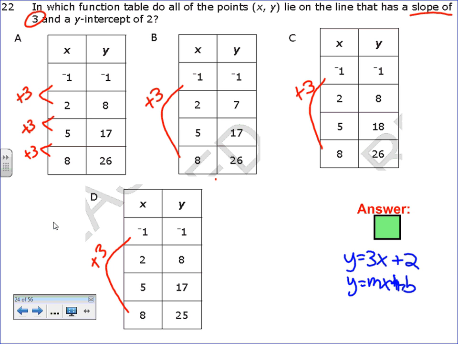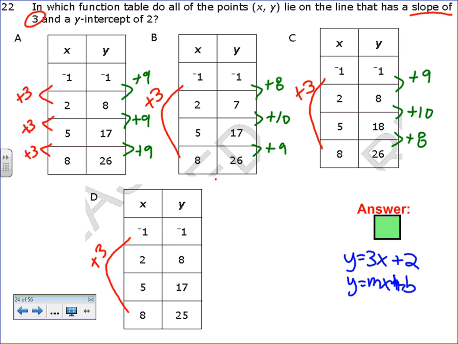That's great. Now I need to find one that has a slope of 3. Well, this side, that's going to be plus 9, plus 9, plus 9. From negative 1 to 7, I went plus 8. From 7 to 17, plus 10. 17 to 26, I went up plus 9. From negative 1 to 8 is plus 9. From 8 to 18 is plus 10. And from 18 to 26 is plus 8. And for the last table, this is plus 9,